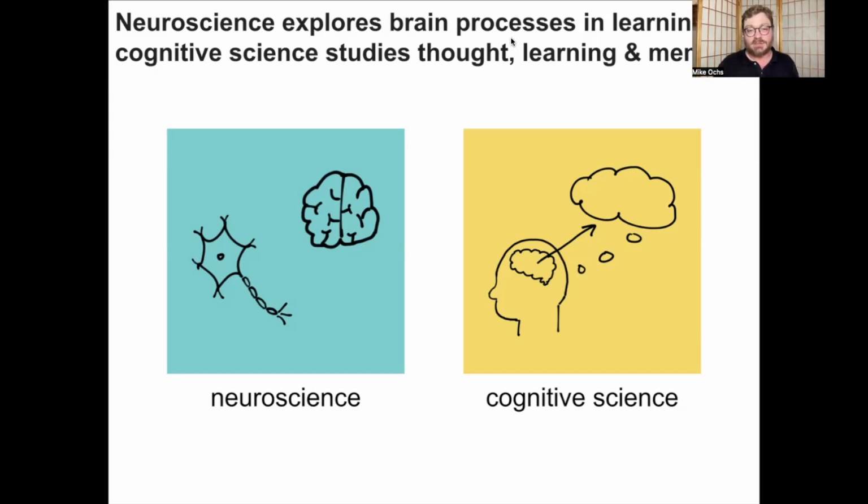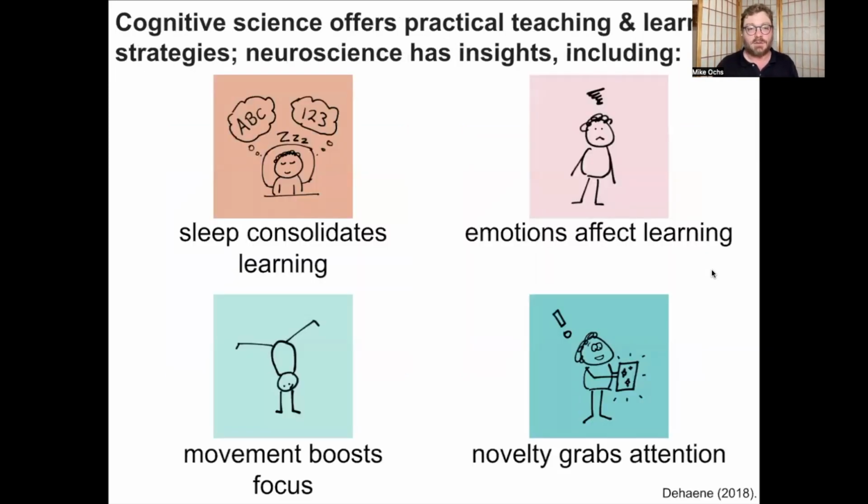And it's not that we can't learn some good stuff from neuroscience, and here's some great stuff we can learn from neuroscience, like the importance of sleep, right? And we want kids to get sleep. It's not like you can go into your classroom and say, let me teach you about the importance of sleep. You can try to influence that and you can do things, but it's not like a mini lesson or a small group on, let's get some sleep. Or, I mean, certainly you could do that. You could inspire kids, but it's trickier. When kids leave the door, you don't really have control over how they're sleeping,